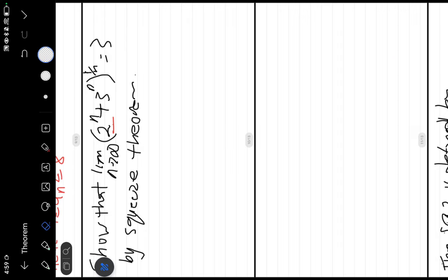So here they give us this question. They say show that the limit as n approaches infinity of (2^n + 3^n)^(1/n) is equal to 3. So for us to prove this by squeeze theorem, you should always keep in mind that since n is approaching infinity